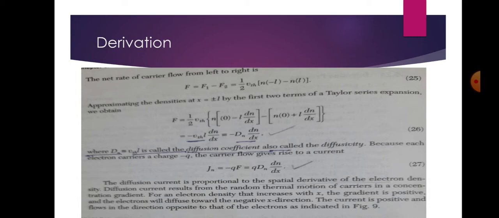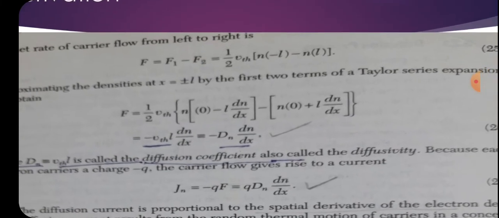Approximating the densities at x equal to plus minus L by the first two terms of a Taylor series expansion, we obtain F is equal to half of V thermal times [N(0) minus L dN by dx] minus [N(0) plus L dN by dx]. So this gives us V thermal L dN by dx, which is equal to minus D_n dN by dx, where capital D_n,